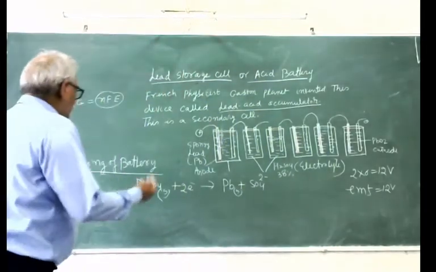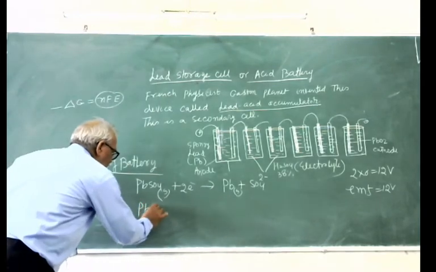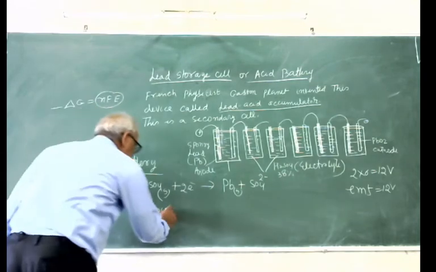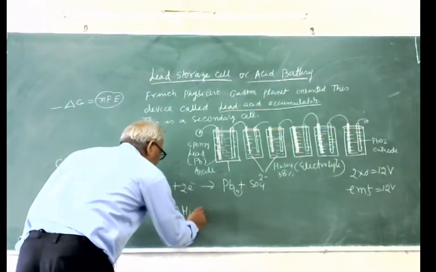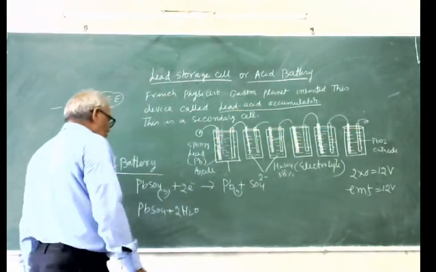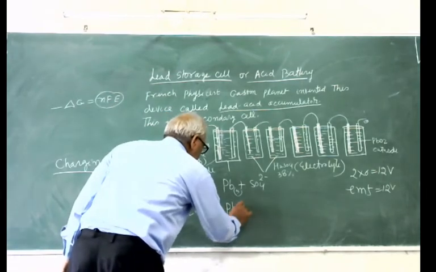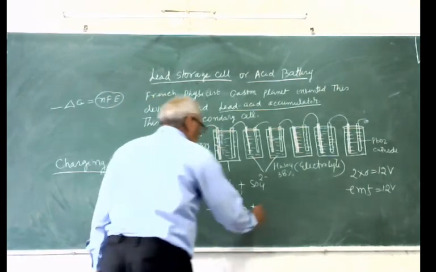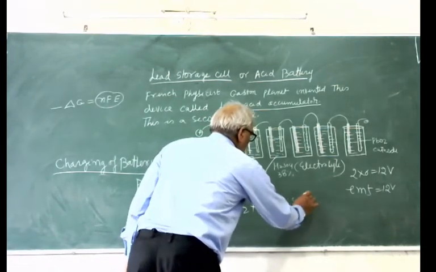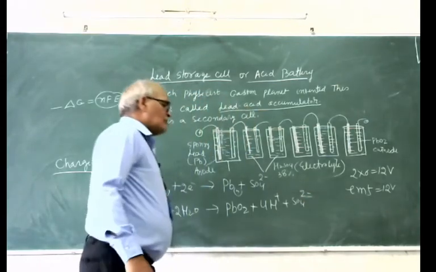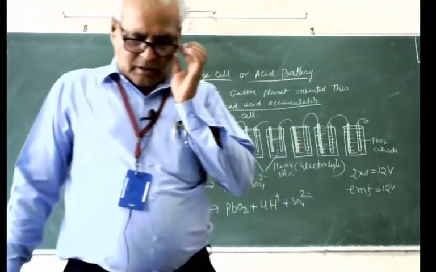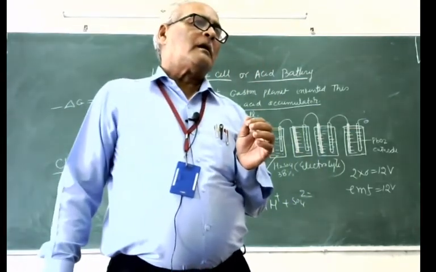So how does it take place? Lead sulfate at the cathode reacts with the 2H2O already formed during the discharge of the battery. You will get lead oxide plus 4 hydrogen ions plus sulfate ion, like this. Sulfate ion. In this way, just see,